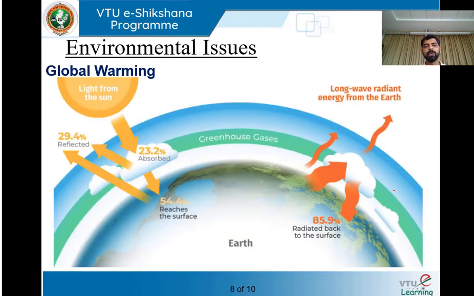Let me take you through this. You can see here the greenhouse effect. What is happening due to global warming? First of all, the intensity of the solar radiation we are receiving is very diluted, and moreover these greenhouse gases are blocking it. We are not able to receive the required intensity. When the required intensity is not available, the temperature change will happen, isn't it? So these are some of the environmental issues which we should be concerned about.